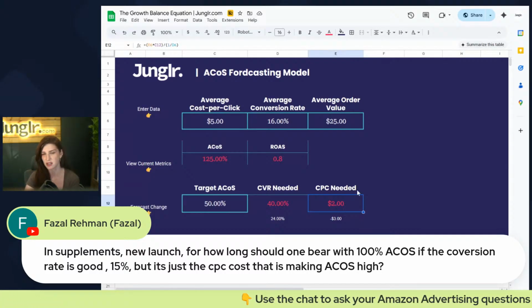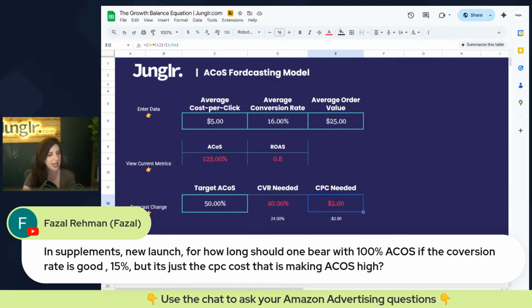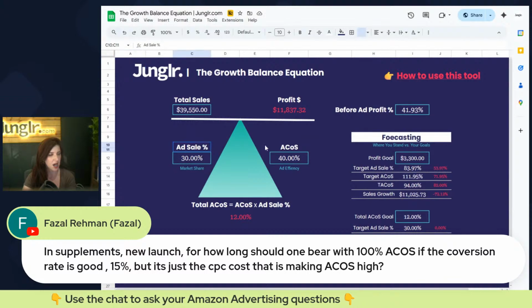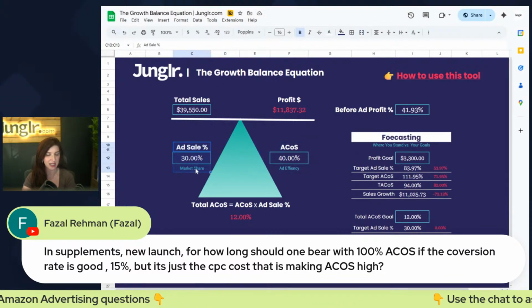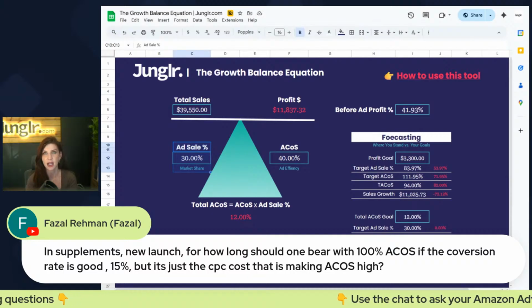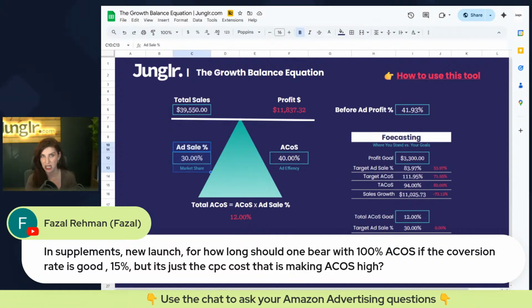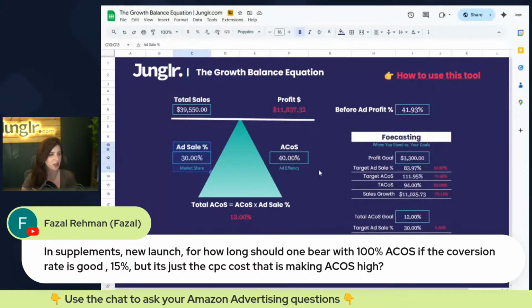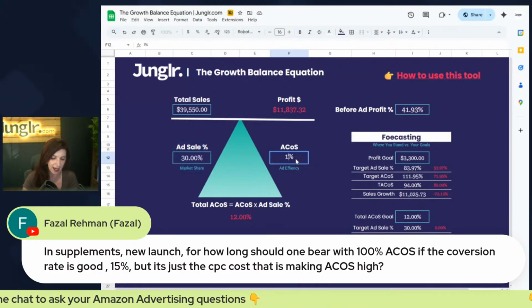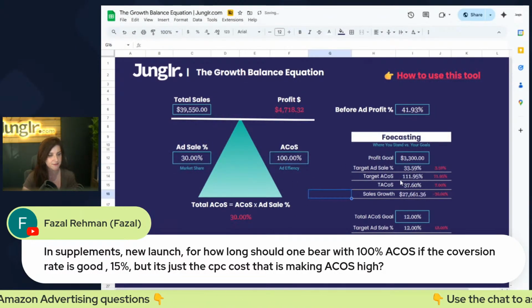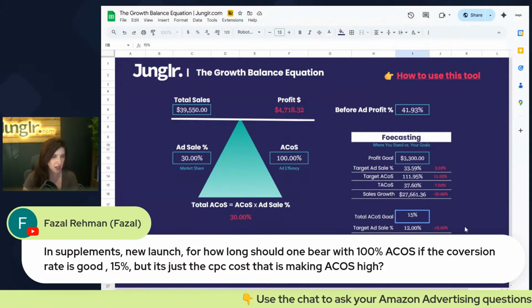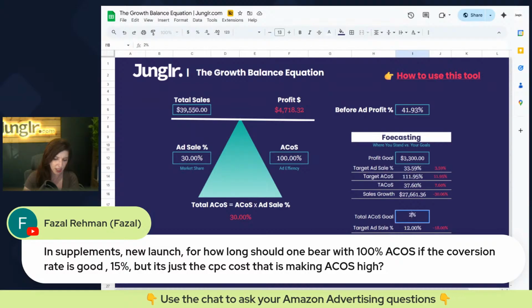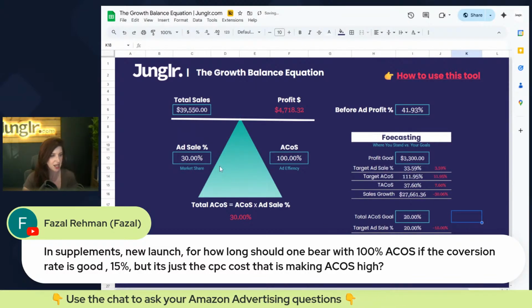So there are some things you can do with ad strategy, but the main thing is making sure that whatever you're doing in ad strategy is leading to better organic sales. And again, a lot of times those organic sales can come from Subscribe and Save in the supplements category. So even if I had a crazy 100% ACoS, if I wanted to target a total ACoS of, say, 20% in supplements, then I need